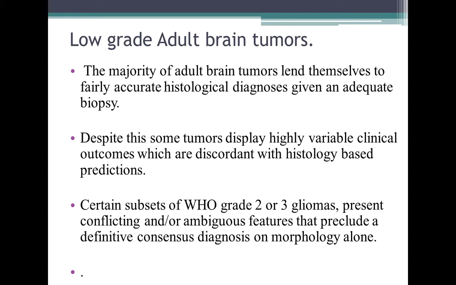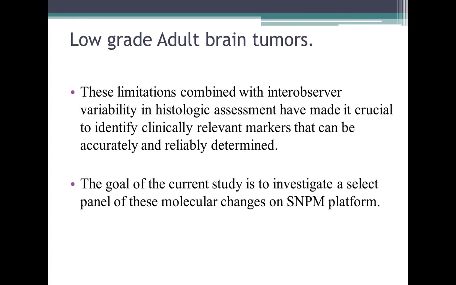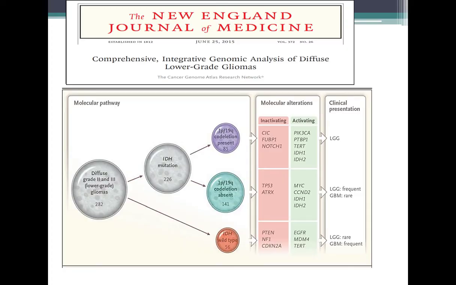So one of the great examples, which I think is now standard of care in the majority of academic labs, is the low-grade adult brain tumors. One of the biggest advantages of using an assay like OncoScan FFPE is the combination of both CNVs as well as mutations. The NEJM article, again based on the TCGA database, basically identified the limitation of histologic diagnosis,